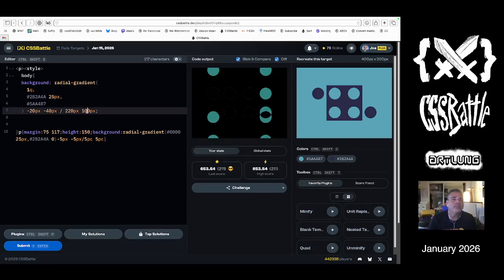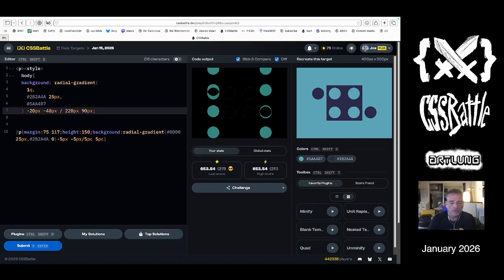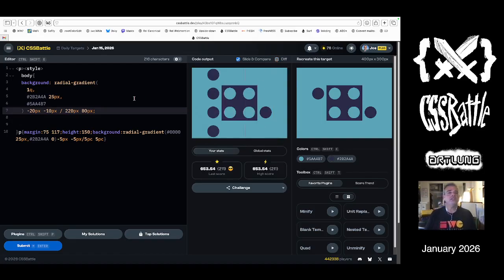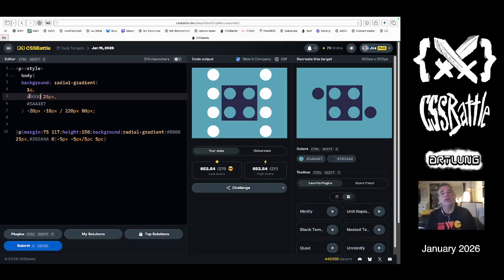It's not quite good. 110, 90, 80. I think 80 is correct. Minus 10, there. So that's actually working how I want it. But what that means is, oh, so I still have a technique. So here's what I was going to do. I was going to make these transparent. And then what I need to do